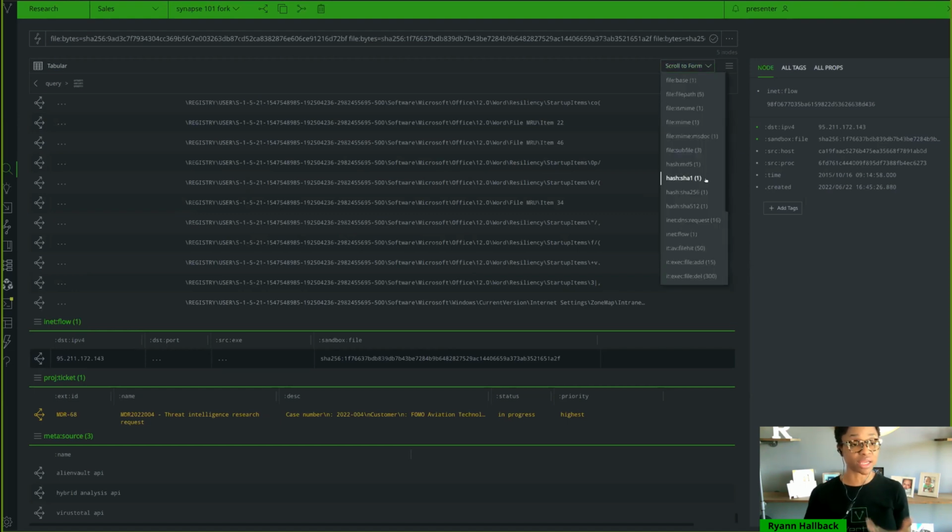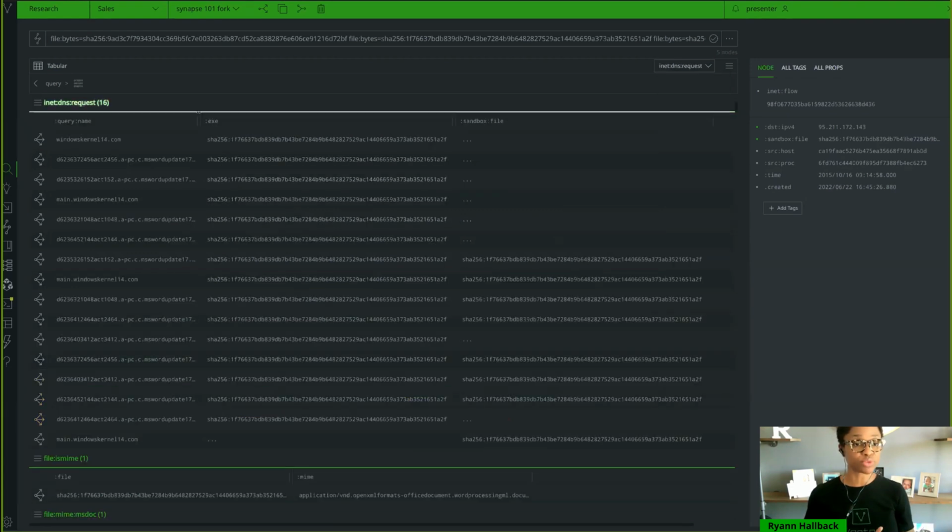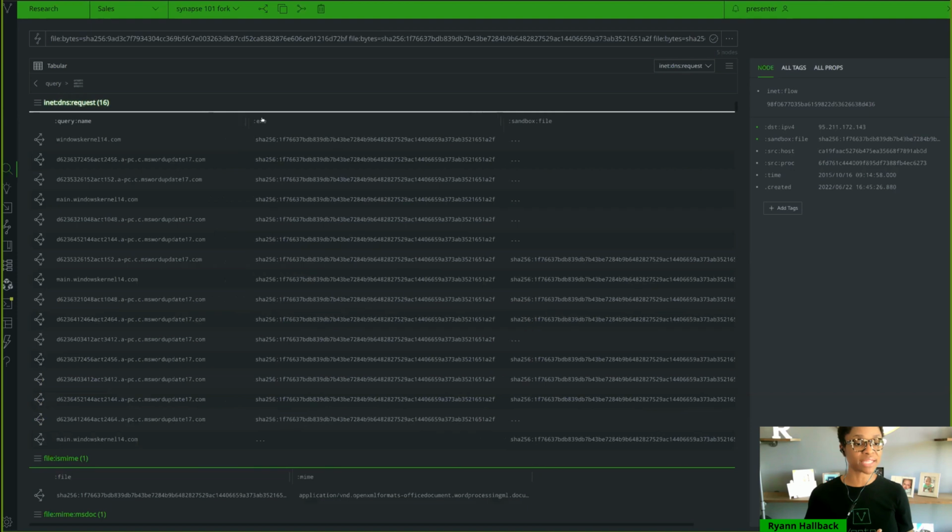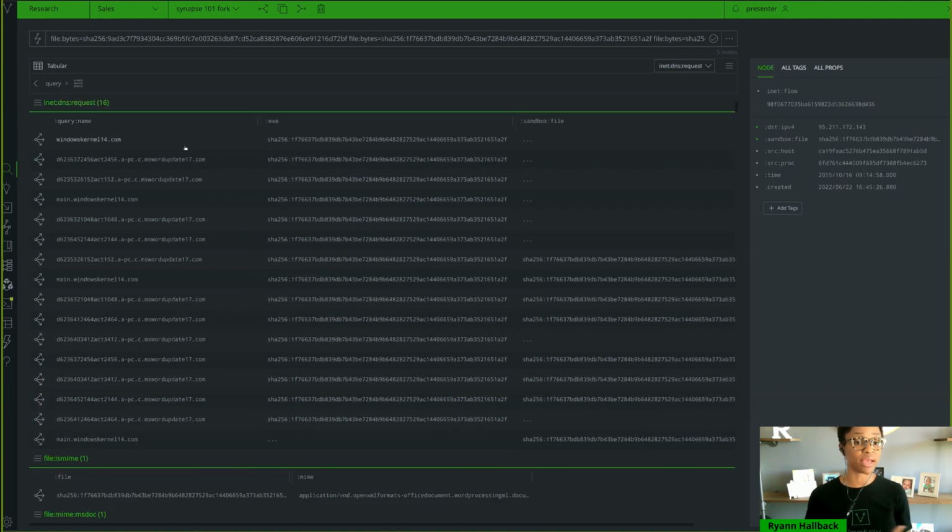If I go to the DNS requests for this binary, what I can see is the actual C2 domains that this file is calling out to. It's calling out to two zones, actually. We have this Windows kernel 14 domain, and we also have this MS Word update 17 domain. So if I select these